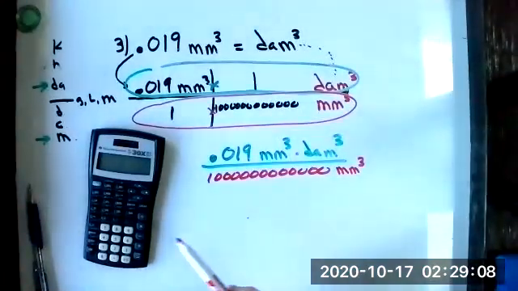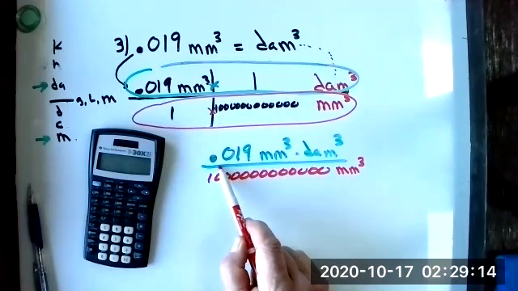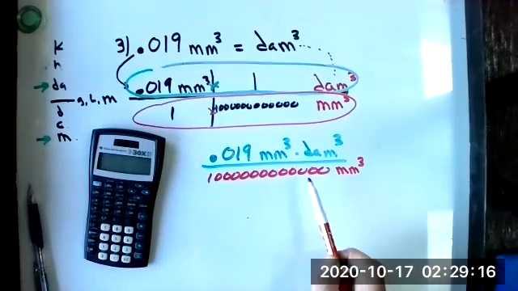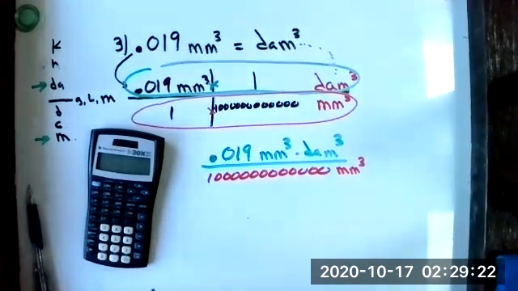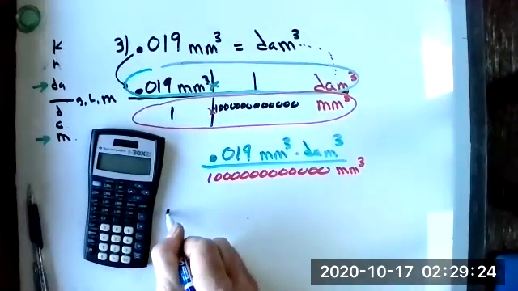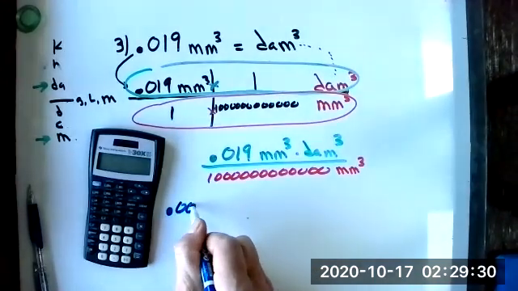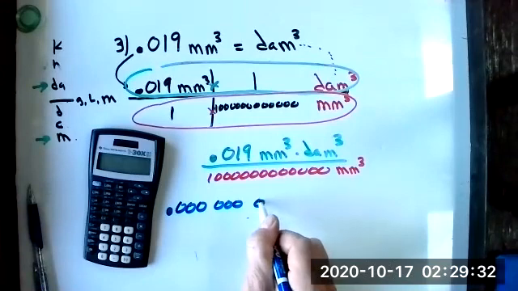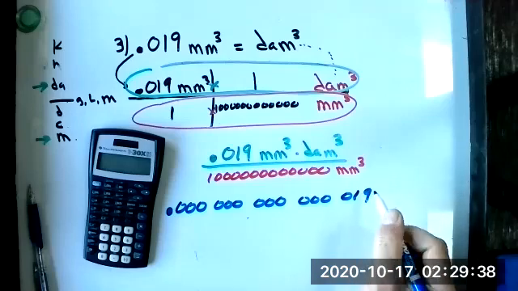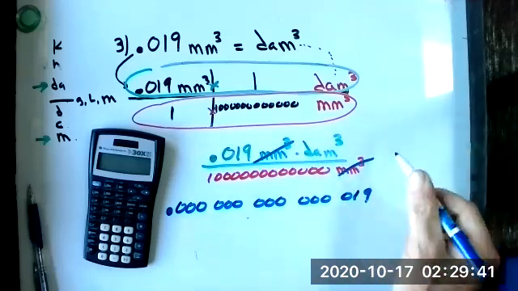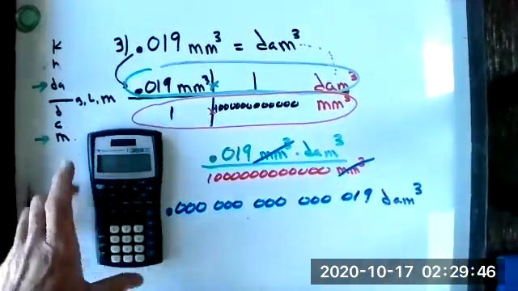Grab your second best friend, and in here, take this 0.019, press divide, type in 12 zeros, and get your answer. And your answer is going to be, oh my goodness, why did you pick such a big problem? Here's the answer. 0.000000000000019. Cancel, cancel, and there's the unit. Now, if you did do that in the calculator